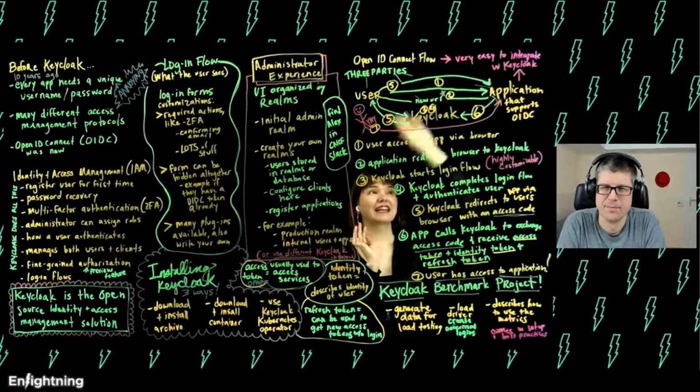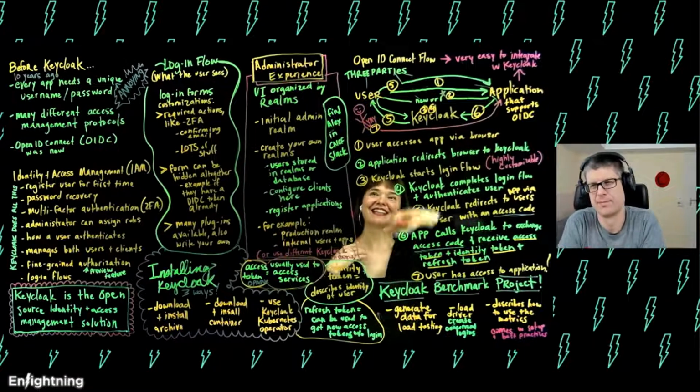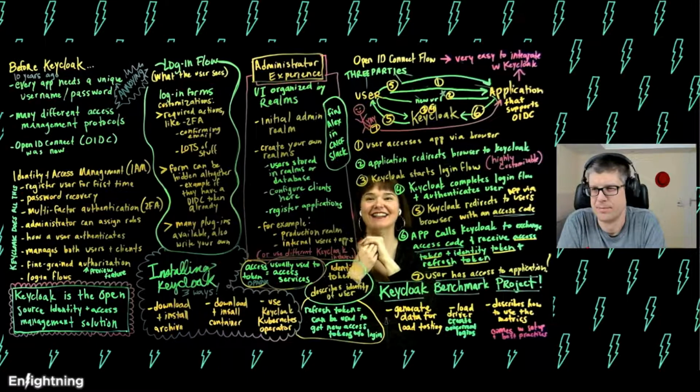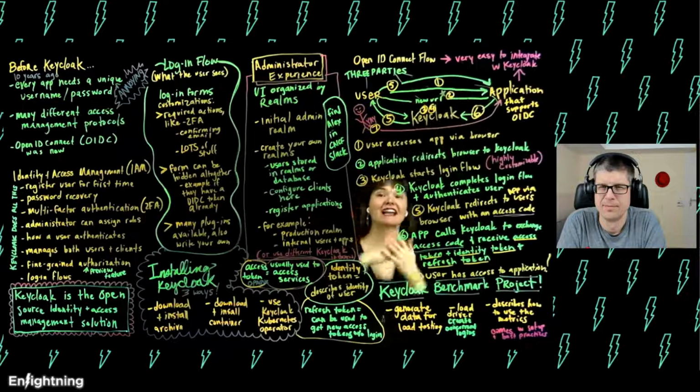Our application has gotten these 3 tokens, and then is our big happy ending that our user can now access the application. And so that's the user experience side. And then, as we just said, the developer experience side should be like, poof, it just works.